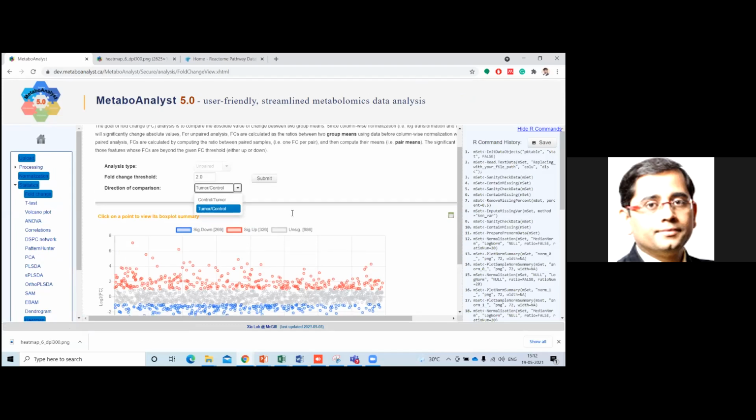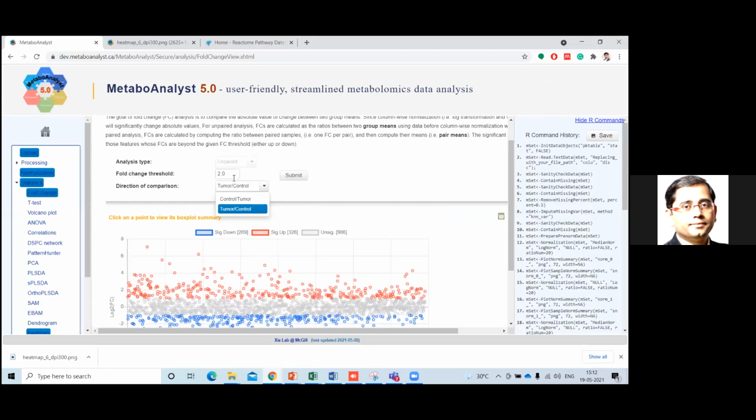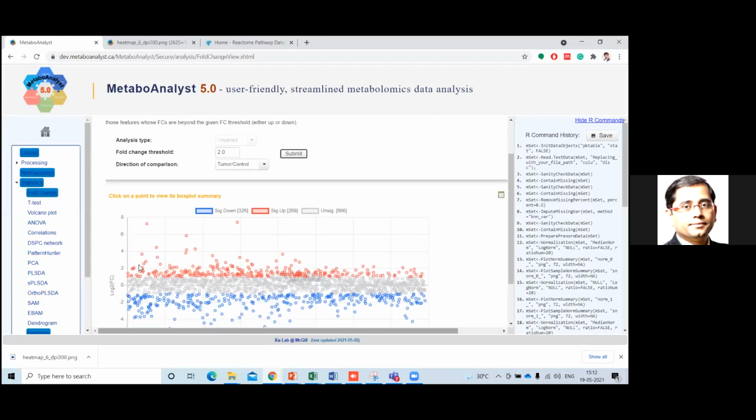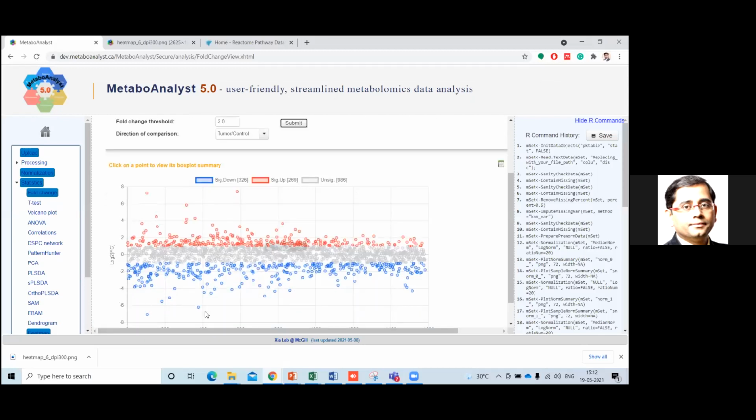We are trying to see tumor proteins which have at least 2-fold change. That means it is 2 times. It is not completely 2 times, but you can compare it with 2 times, right? The protein in tumor is 2 times greater than in the control. If we click over here, as you can see, these are the proteins which have at least 2 times greater intensity than the control, right?